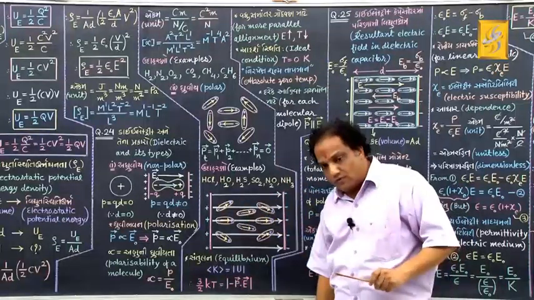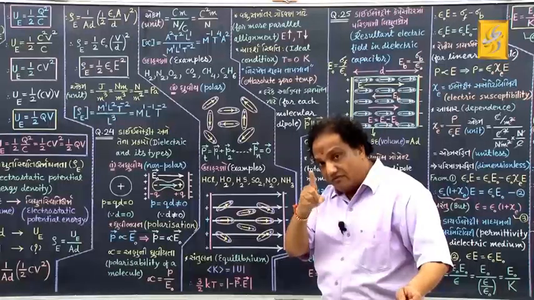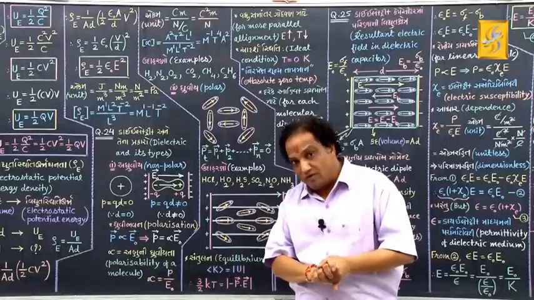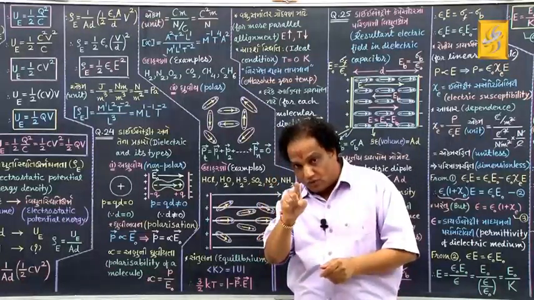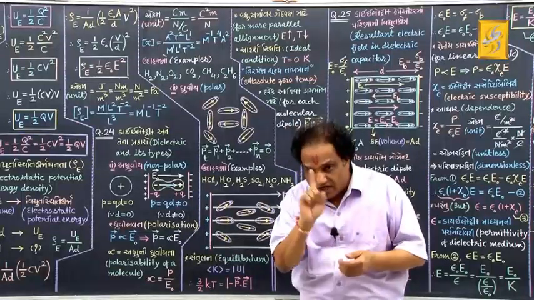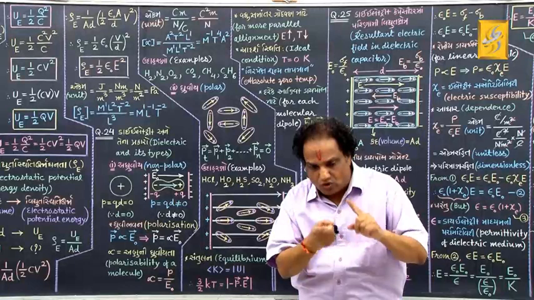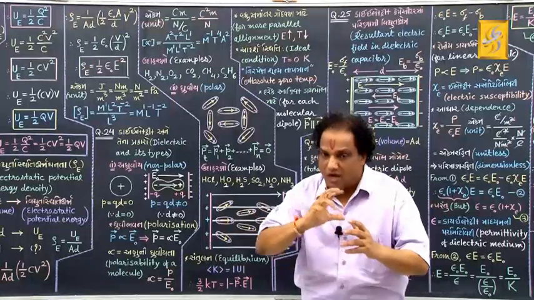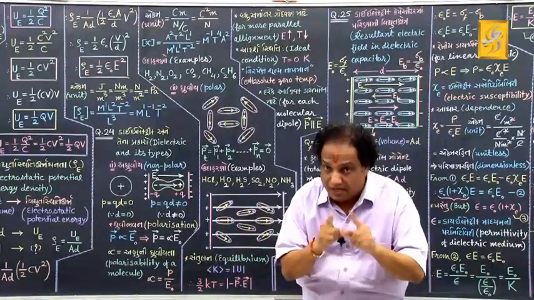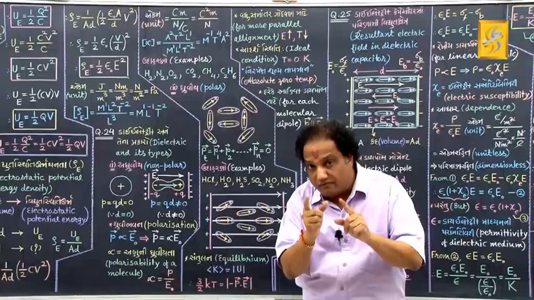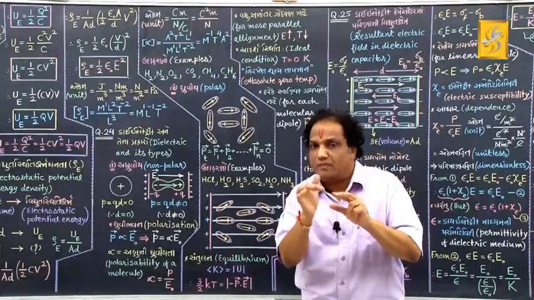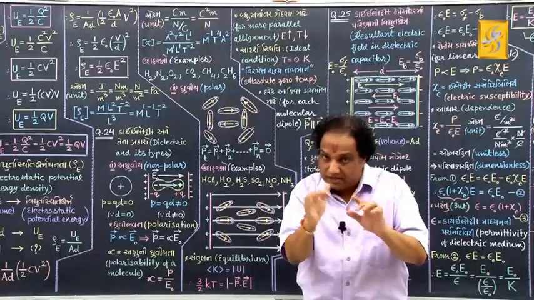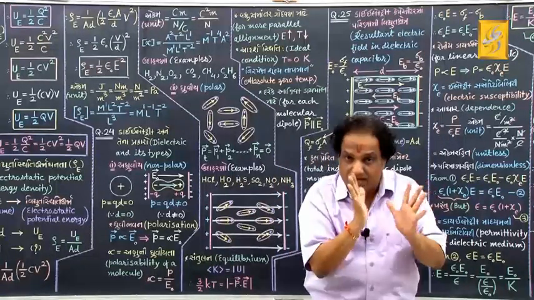Then on each dipole, the externally applied electric field will exert some torque. Remember the formula which we derived in chapter number 1, vector tau equals vector P cross vector E. So on each atomic dipole, the externally applied electric field will exert some torque. How long will that torque be exerted? Till the electric field makes the dipole parallel to it, correct? So the electric field will constantly apply the torque till the electric dipoles become parallel to the externally applied electric